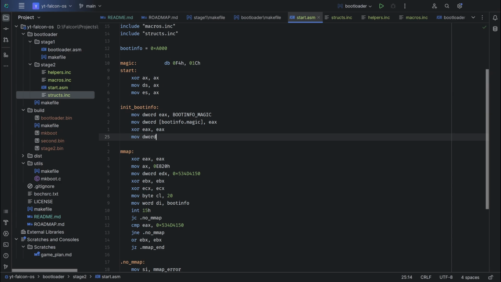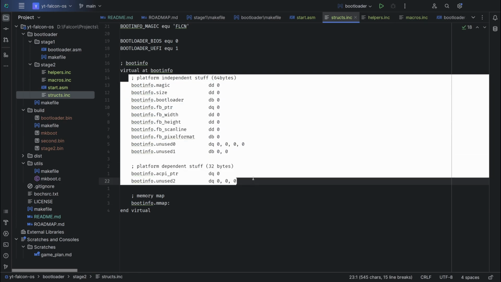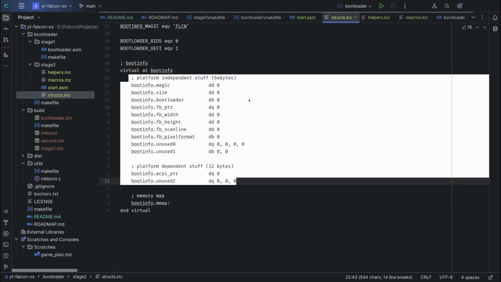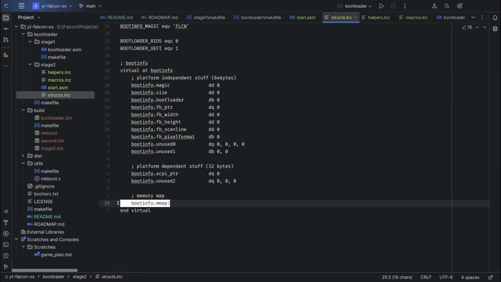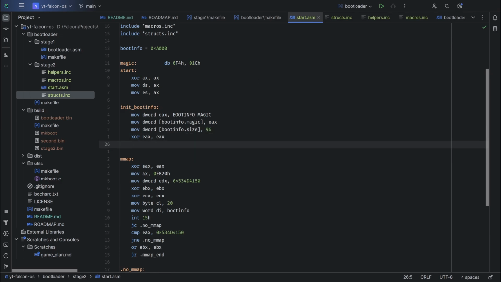And then what we will do is we will zero out EAX, and then we will move the word to, what's the next field, we want a size. So actually, we don't need to zero it out yet. But in size, we know that this whole thing here is 96 bytes. So let's set it as 96. And when we start finding memory map chunks, we will increment the size, right? All right, so now we will zero out that, and we will move dword to bootinfo dot